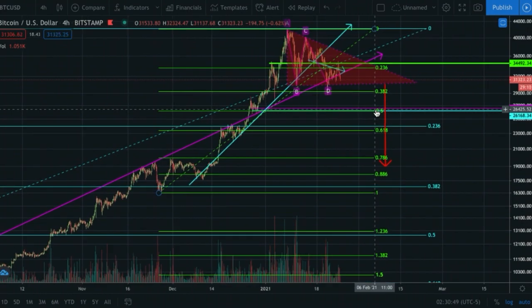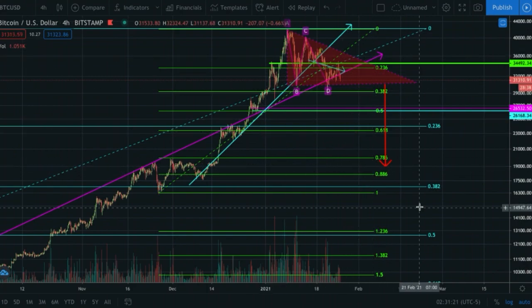Which is going to come in at 26,425. Again, we could come down to that level, come back up, retest the breakdown point at 30,500, and then get continuation. But the 0.618 would be at 23,300. The 0.786 is at 19,898. And then just below our measured move is the final target, without getting a 100% retracement of that move, and that's 18,044. So those are my targets to the downside.